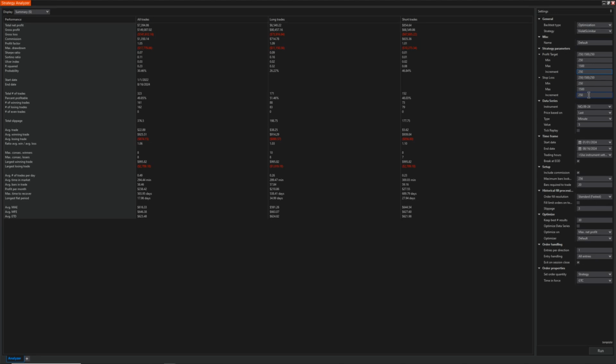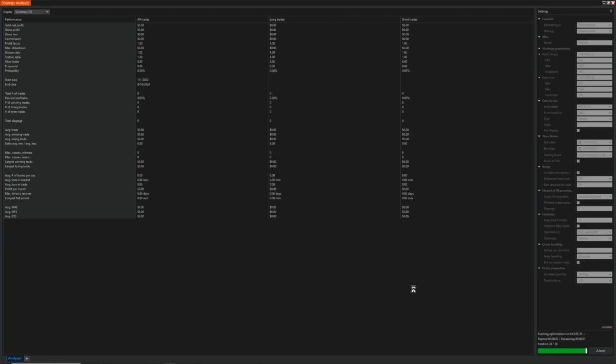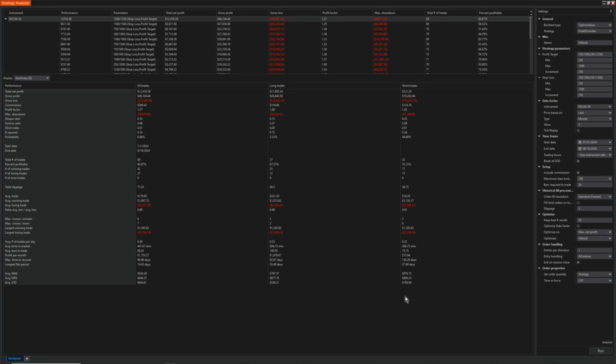I typically don't do more than, if I'm doing it during the day, I like to do maybe 10 to 20 minute increments. Overnight, I think it's okay to do an 8 hour optimization or however long you normally sleep, because you're not going to be there anyways. You might as well test as much stuff and put your computer to work. So let's go ahead and run this, see if we get any results, and then I'll go into how we can analyze the results and